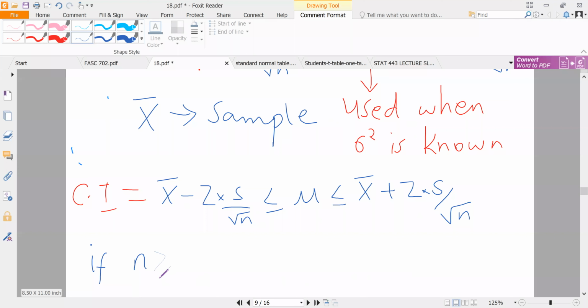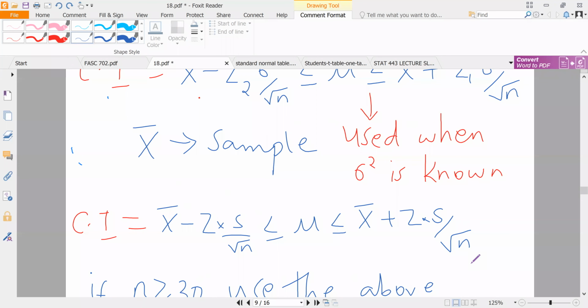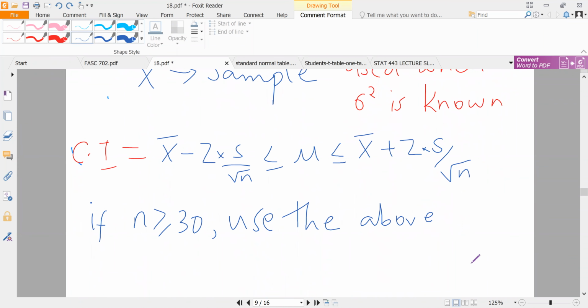If n is greater than or equal to 30, then use the above approach. We use the two approaches there, depending on what is known and what is not known. However, if n is less than 30,